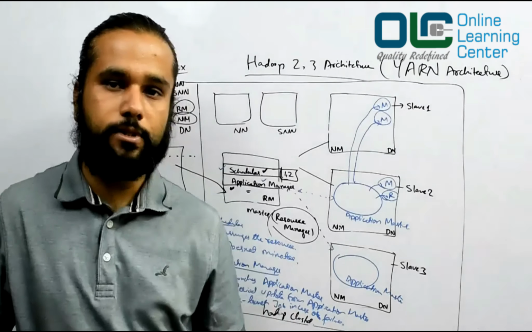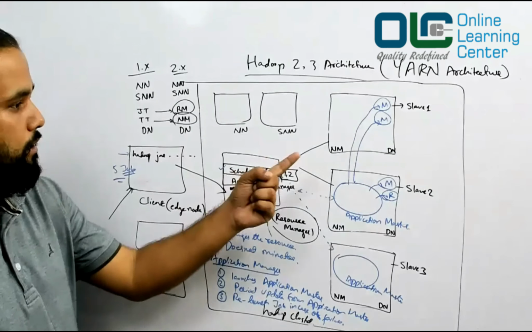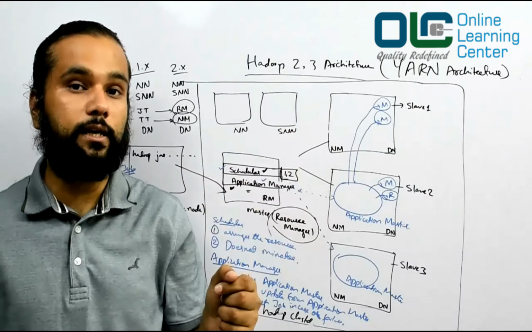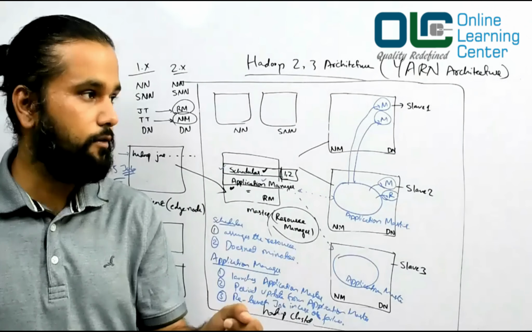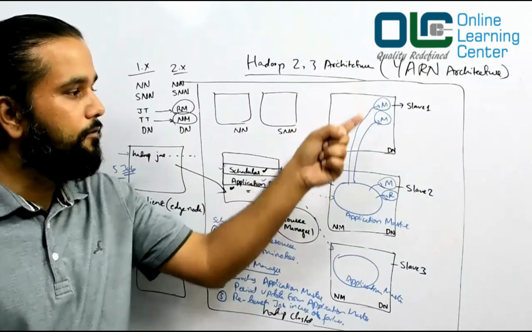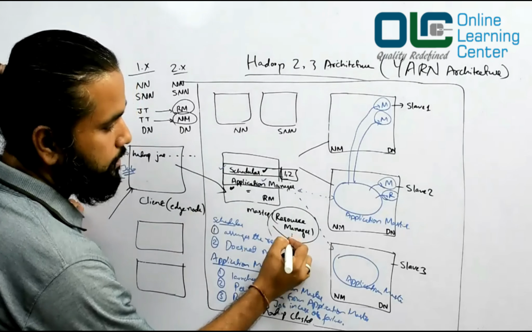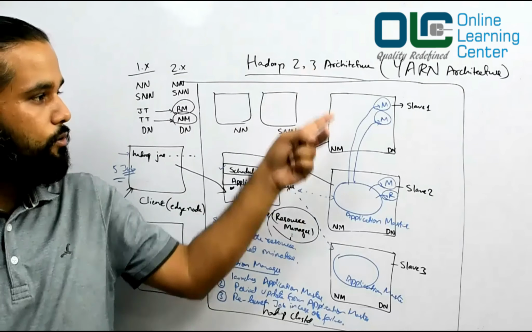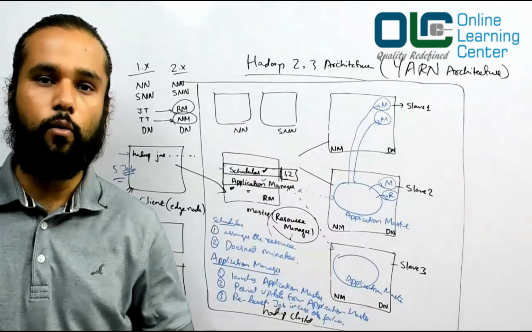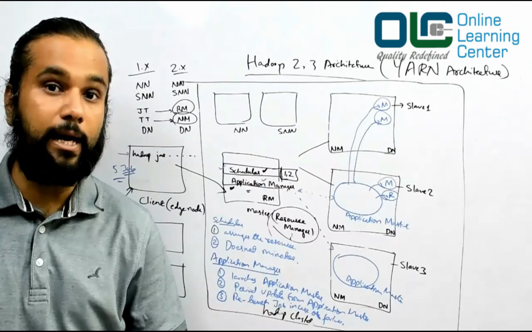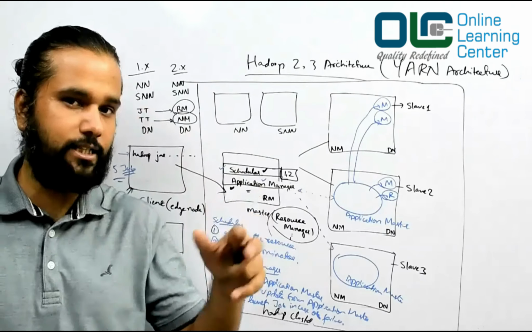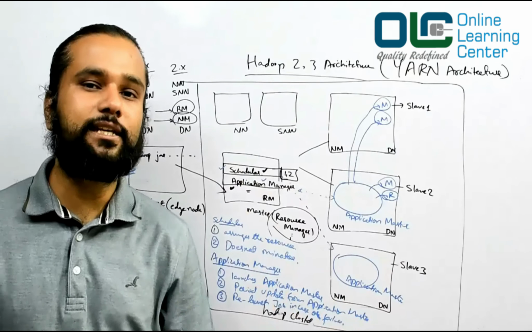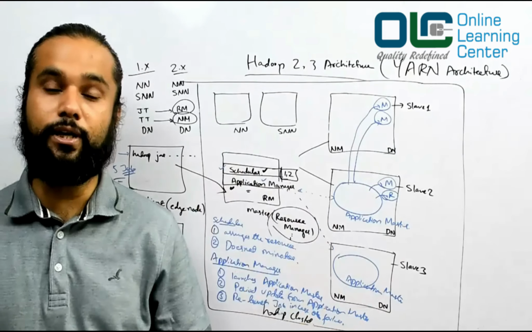So as the name suggests, node manager means what? See here, every node has a process called node manager, isn't it? So node manager is basically a service which runs in every slave computer. This resource manager, as the name suggests, must know about the resources. How many nodes I have, and in each node, what is the total core, what is the total RAM available right now. It's not just how much is the total capacity. It should also know how much is available right now, so that it can schedule the job accordingly.